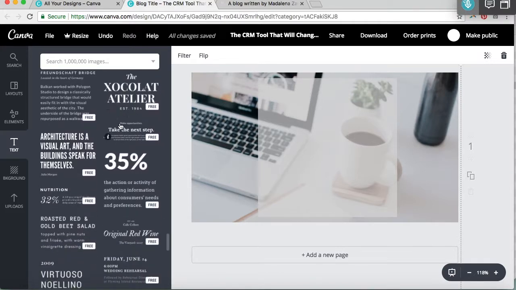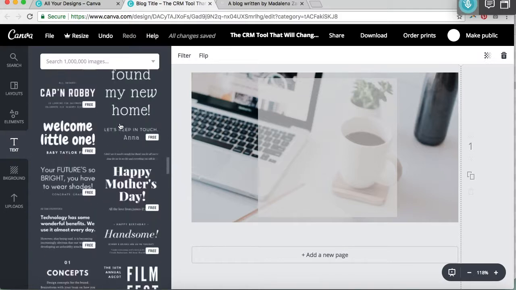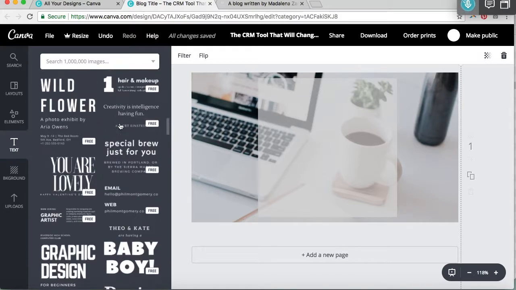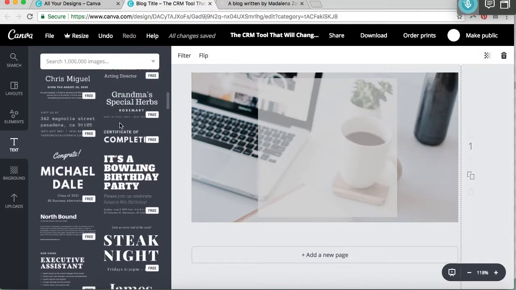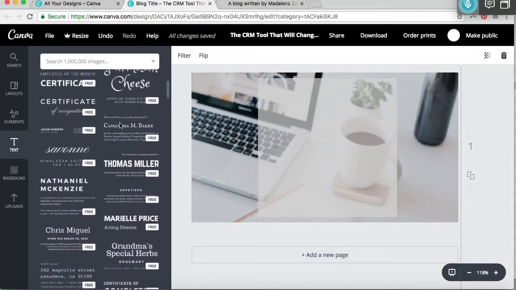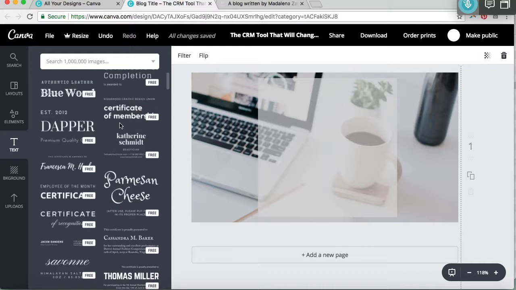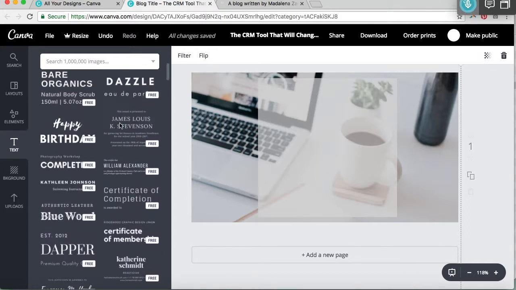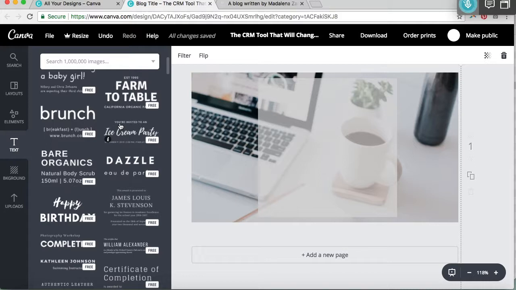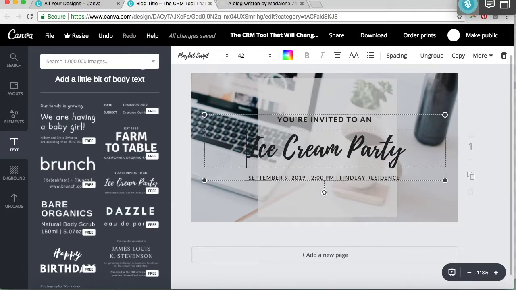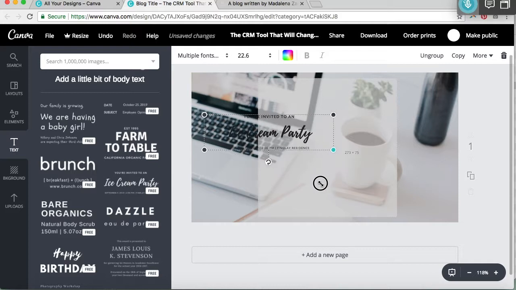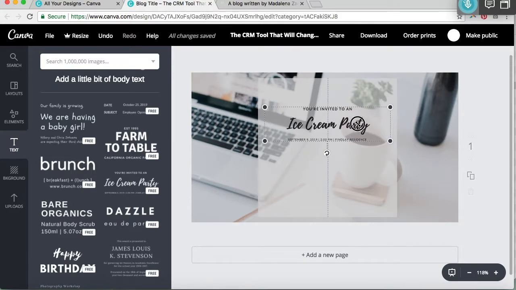And what I really appreciate about Canva is that it saves everything for you as you make new documents and new graphics and new images, so you don't have to go back looking for these. And the reason I'm looking for it now is because I don't remember what I have chosen in the past, because I don't have to select this every time I create a new graphic. So I'm just going to choose this one. There's so many free ones here. I'm going to choose this one, and I'm going to make it fit better here to the